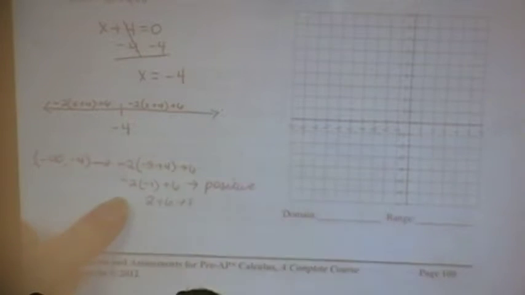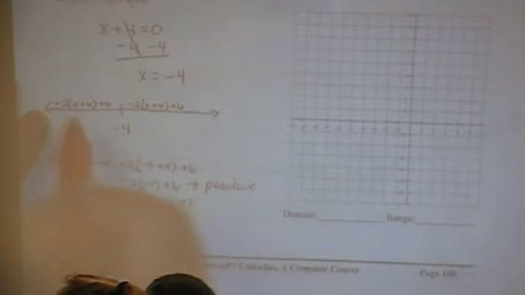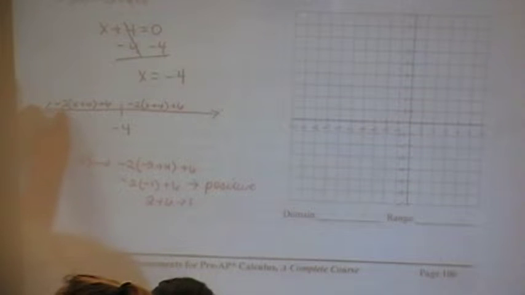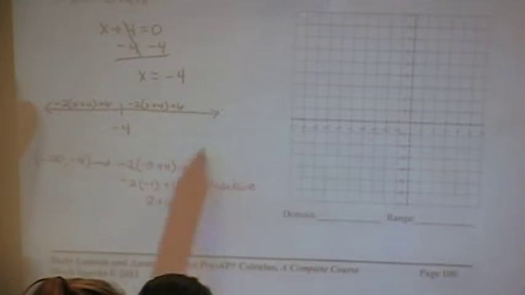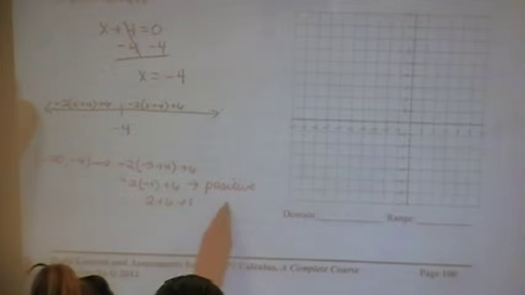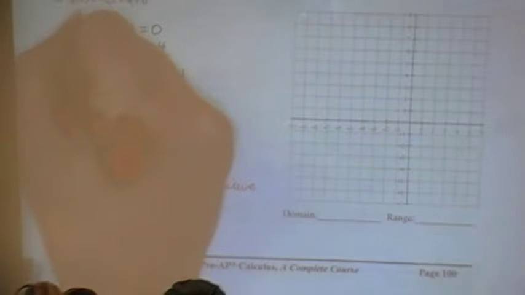Because that is 2 plus 6, which is 8. Okay, so now I go up and look at what is on my interval from negative infinity to negative 4. Right now, this equation is negative because of this negative 2. I have to make it positive. That is what this information just told me. So I'm going to change that negative 2 to a positive